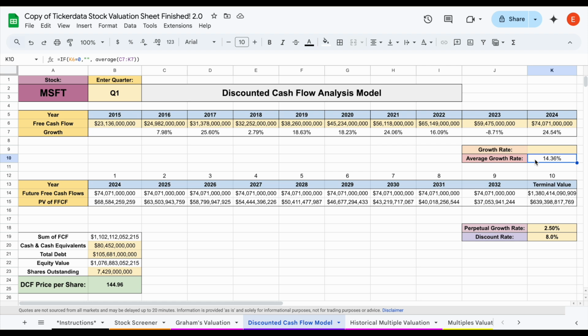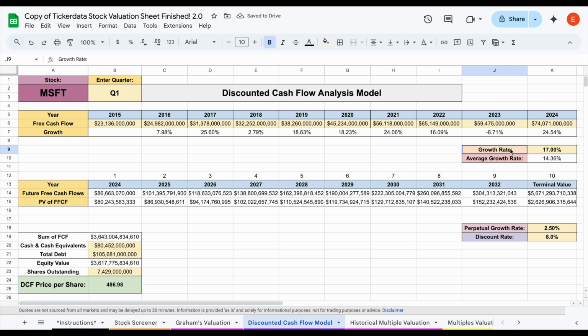We also want to look at analyst projections, also see what the management team has been talking about as far as what they expect for growth rates in the future, and see how their industry is expected to grow. And at the end of the day, you have to come to your own growth rate assumption. So in this example, maybe we think Microsoft is going to grow their free cash flows at a rate of about 17% moving forward. So I'll insert 17 right here and hit enter.